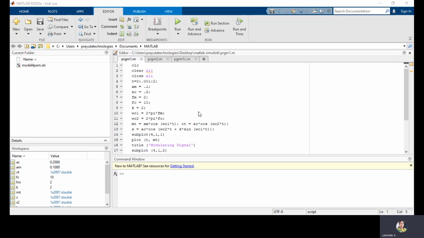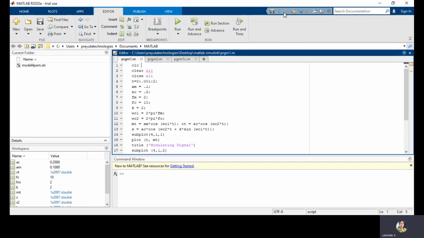Here this is the time axis. Where the time period is maximum, it means the frequency is minimum. So this is the representation of the modulated signal with respect to the message signal. Here the red color curve is nothing but the message signal and the blue color curve is nothing but the frequency modulated signal. And here this is the demodulated signal. If you observe the modulating signal and demodulated signal, both are the same in shape.